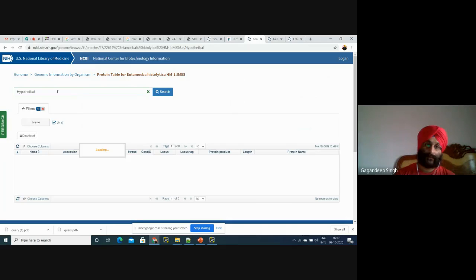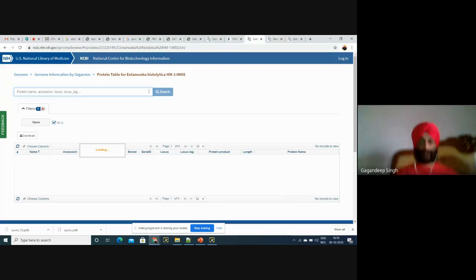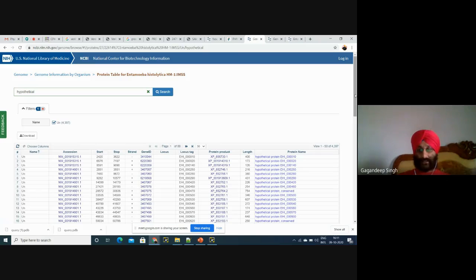When these results come, these are the hypothetical proteins with accession numbers, which will be the same for each.